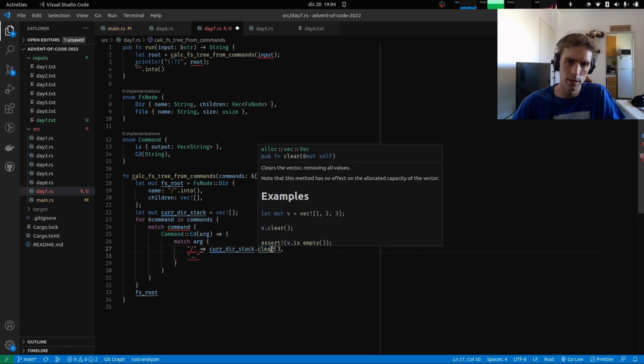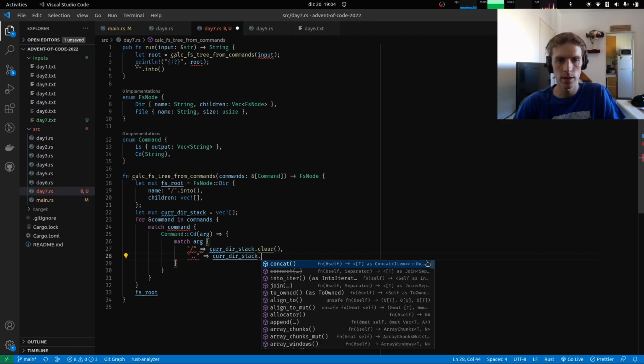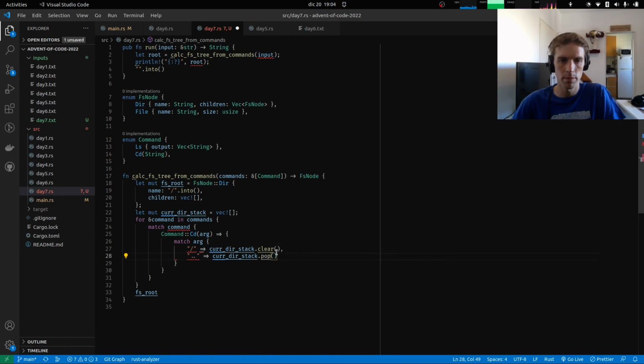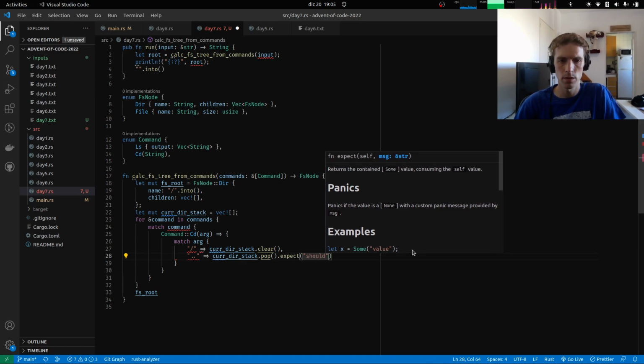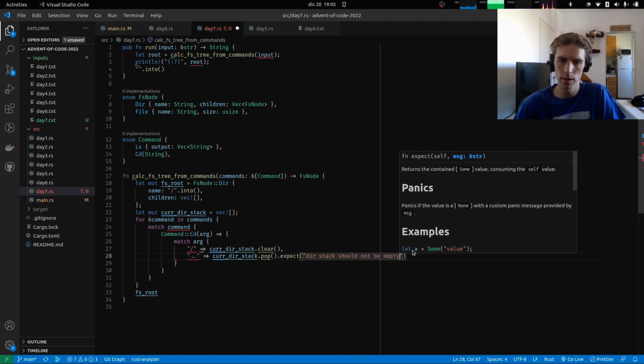Does clear do what I think it does? Yes, clears the vector. Nice. And if we do the dots, we could do current directory stack pop. What does pop do? I guess it returns an option. Yes, and we expect to have popped something. So the stack should not be empty,